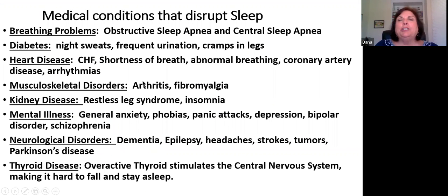There are medical conditions that can disrupt sleep, such as breathing problems like sleep apnea, diabetes, because there's often night sweats and frequent urination and cramps in the legs, heart disease, congestive heart failure, shortness of breath, abnormal breathing, or arrhythmias, coronary artery disease, musculoskeletal disorders like arthritis or fibromyalgia, kidney disease, such as restless leg syndrome or insomnia,